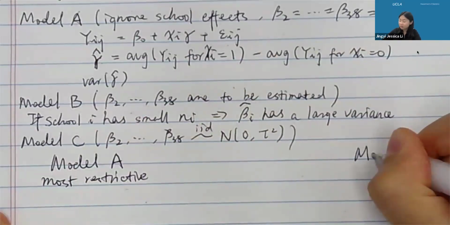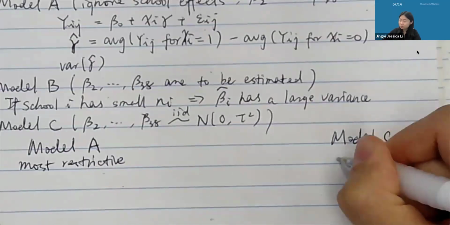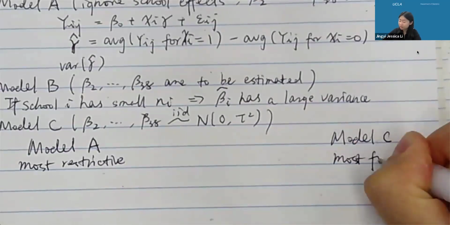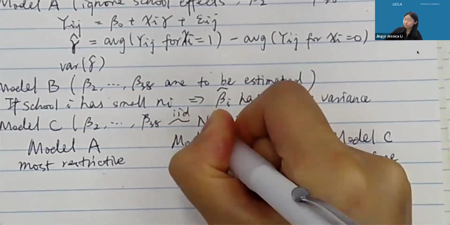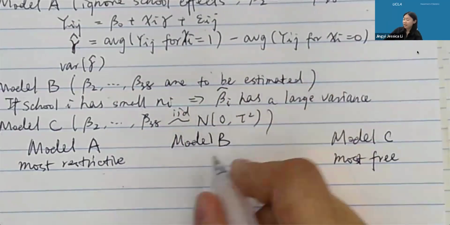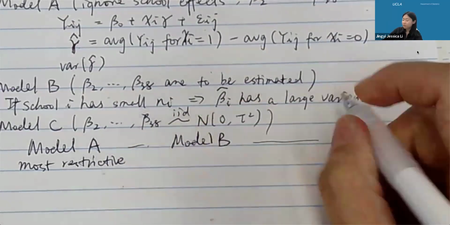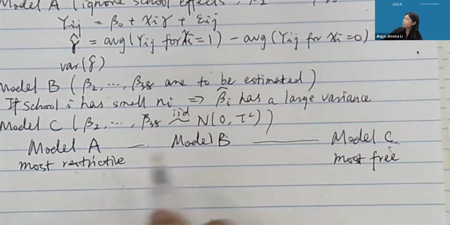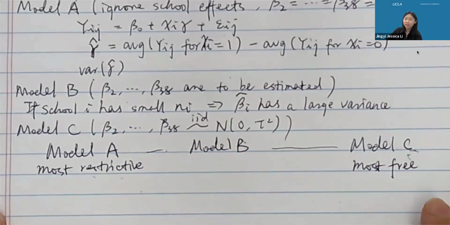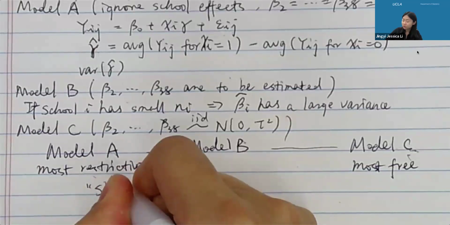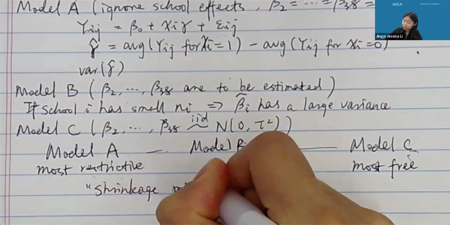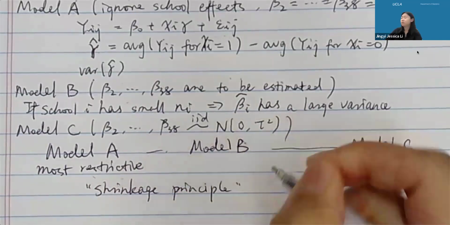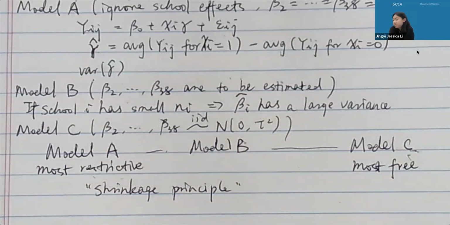Model C is on the other end, which is most free. And model B is in the middle, okay? It's in the middle. And model B drags model C towards model A. This type of idea in statistics is general. It's called the shrinkage principle, which is very general because I think you must have learned some